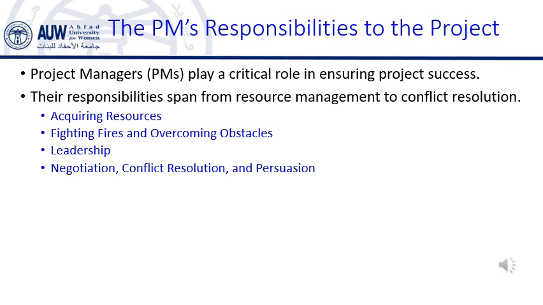Example. Let's say a client requests a significant change in the project scope halfway through development. The PM must negotiate with the client to understand the reasons behind the request, determine if the change is feasible within the timeline and budget, and then persuade the client to adjust their expectations if necessary. This responsibility connects to what we discussed in previous lessons on conflict management and negotiation skills. The PM's ability to handle conflicts and negotiate effectively can make a significant difference in the project's success.